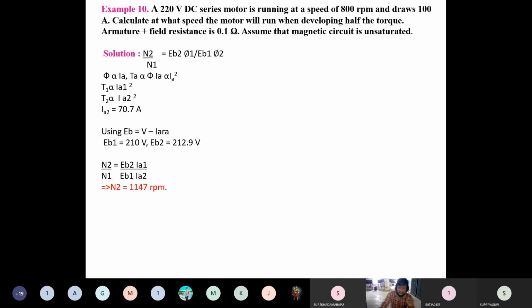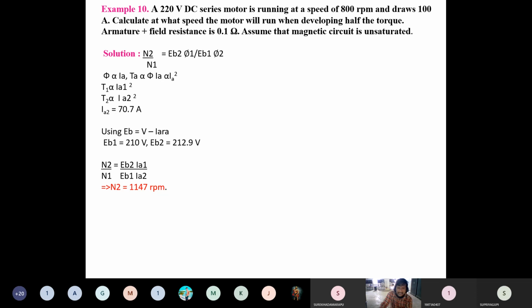And one small specification is given: the motor will run when developing half of the torque. When torque is reduced, automatically current also reduces. That is the simple thing. So we know N2 by N1 is equal to EB2 by EB1 into phi1 by phi2,